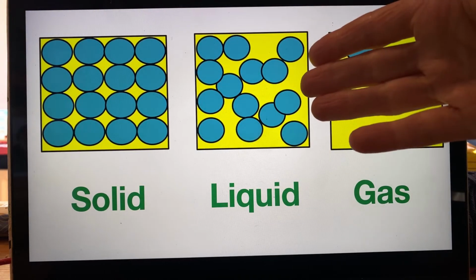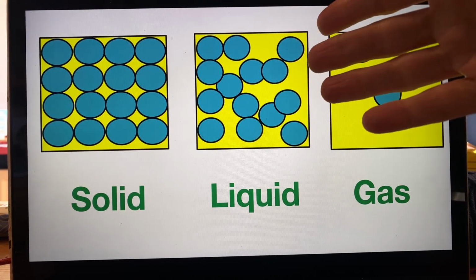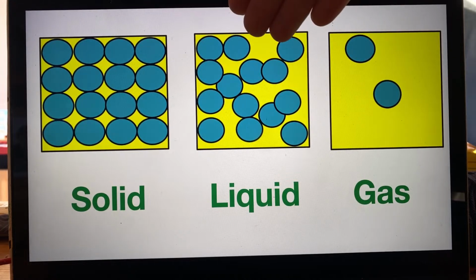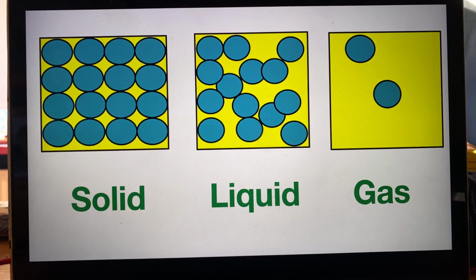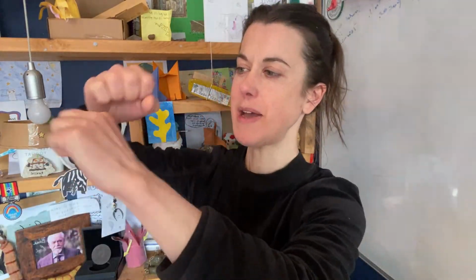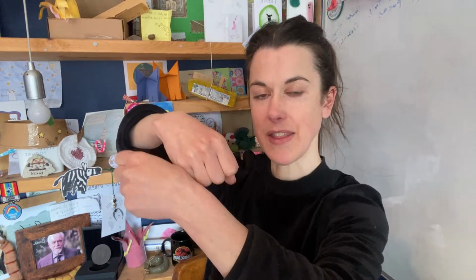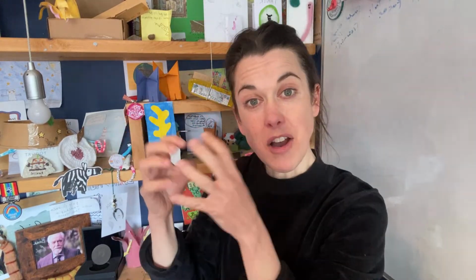The particles in liquids, careful because this can catch people out, they are touching each other. They're not all really spread out. They're touching each other and they are bonded together, but their bonds keep breaking and then reforming and breaking and reforming. I always say it's a bit like a ball pool. If you imagine the balls in a ball pool, they're touching each other and they can move around each other. But there are chemical bonds between the particles in a liquid. They just keep breaking and reforming, so they're still touching.